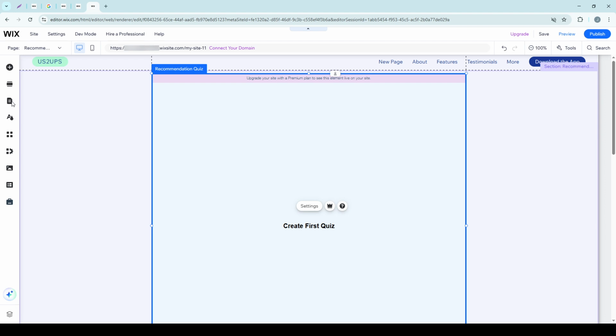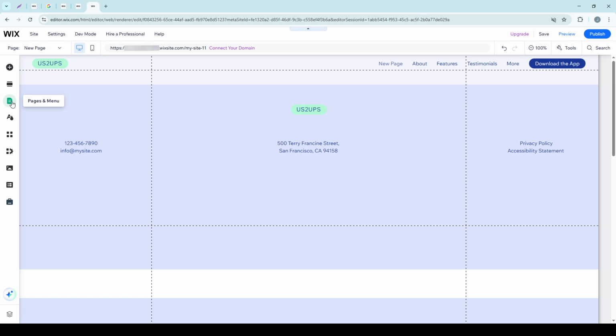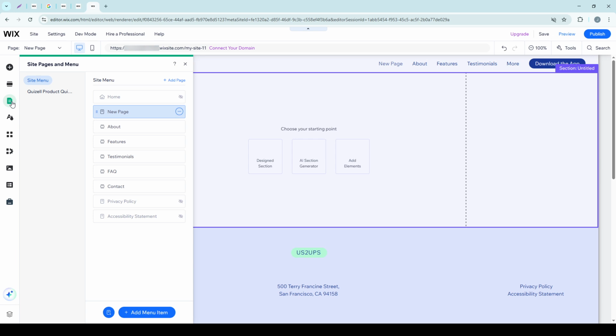Naming your page is crucial for navigation and enhances user experience by clearly describing what visitors should expect on that page. Once you've settled on the perfect name for your page, type it into the provided field. With the name in place, you simply click Done. And just like that,